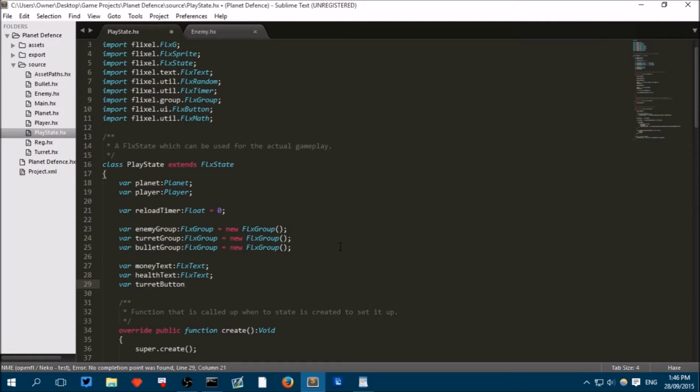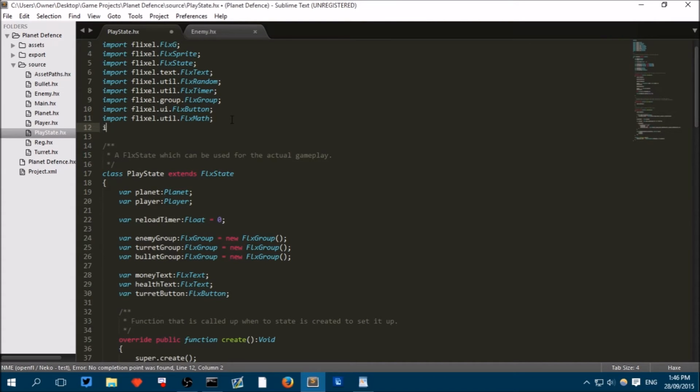Now in our game there will be two options to place a turret. There will be the shift button on the keyboard, which we have already added, and there's also going to be the user interface button, which is actual text on the screen that the player can click with their mouse. So to add that to the screen, this will be of the type FlxButton. Now you probably have to import that. So just type import flixel.ui.FlxButton. Import. Alright,